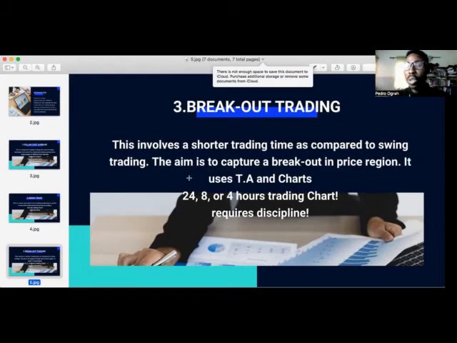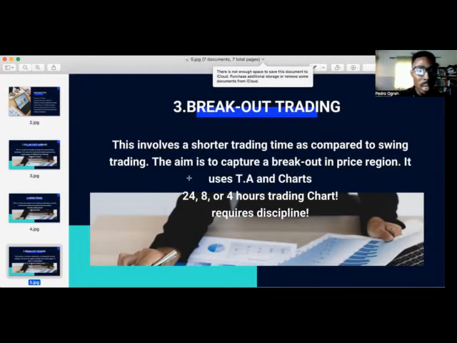So when you target that region, you execute your trade around that region. Let's say, for example, you are looking at the chart. There have been so many losses, and you believe that from a period of time there'll be an increase in price, that breakout region. So you buy before that period of time for you to make profit. So that's why it's called breakout trading.